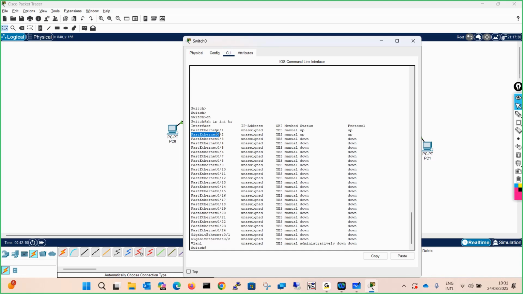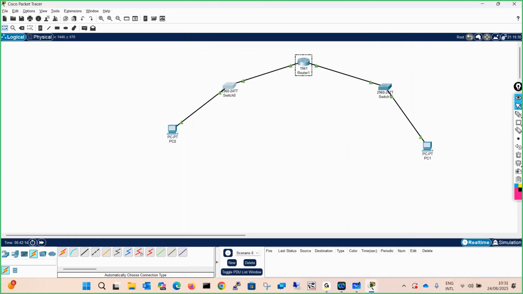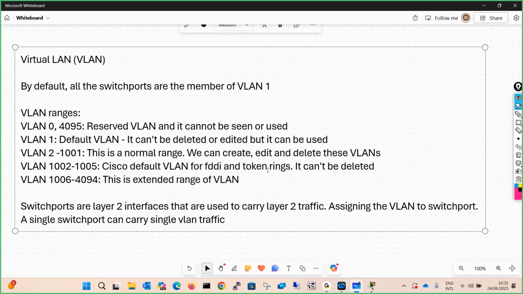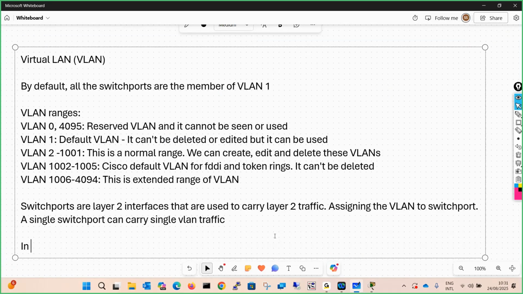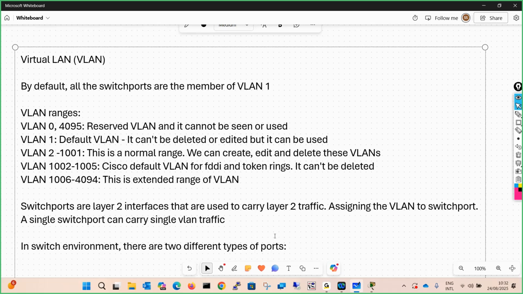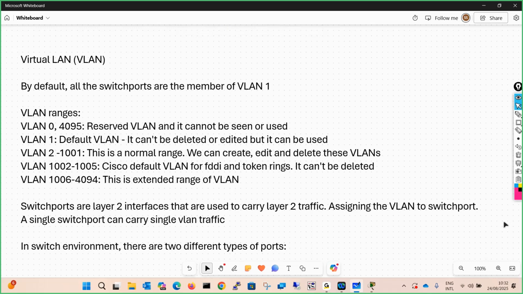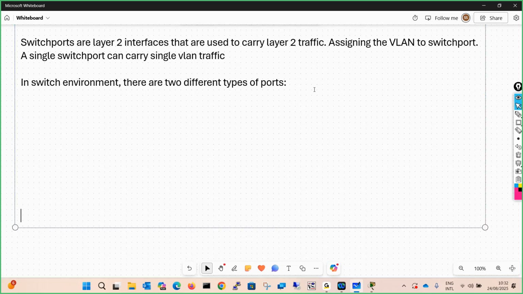Now, in the switch environment, there are two different types of ports.